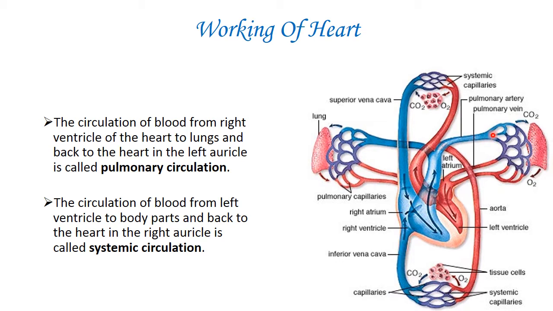Artery is dividing into arterioles. These arterioles are again dividing into capillaries. It is in these capillaries that exchange of gases is taking place. It gives carbon dioxide to the lungs and takes up oxygen from here. Now the blood becomes oxygenated in the lungs. This oxygenated blood, which is shown by red color, now goes into the left auricle. Now it is here that the pulmonary circulation is completed. From right ventricle to the left auricle, the circulation is known as pulmonary circulation.